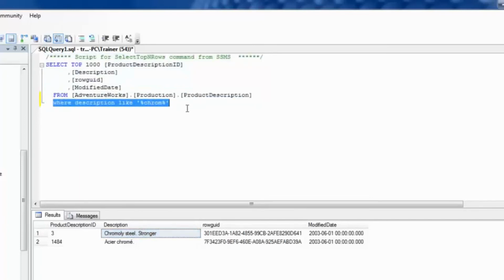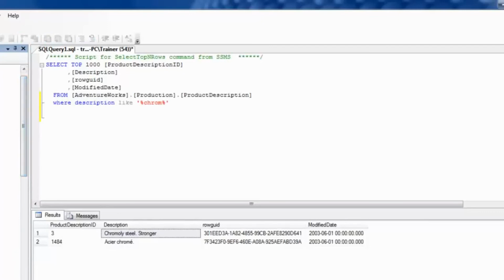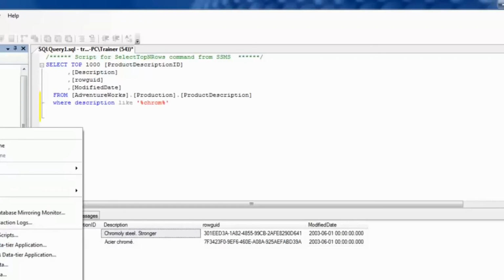The third thing is that if you use this kind of syntax, your query becomes very slow because it does a sort of character by character matching, then matches the pattern and returns the result for you. So for that, in SQL Server 2008, you have full text search, and that's what we are going to look at right now. To even start using full text search, there are a couple of steps you need to perform. First, I'm going to right click on the database, and then